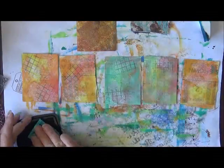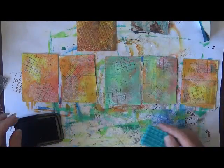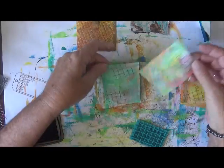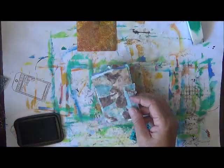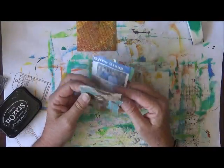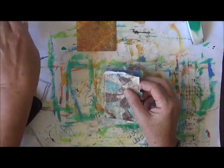Just so that they have a background to start on if they want to do some art on it. Okay, so that one's done, the little pages, and I'll just more or less mix them up in the little booklet. Now this is the cover for the booklet, and I was actually thinking to leave those edges raw like that, which I think is pretty cool,